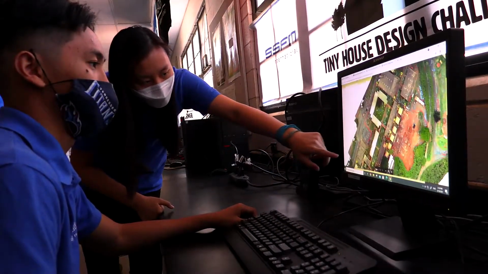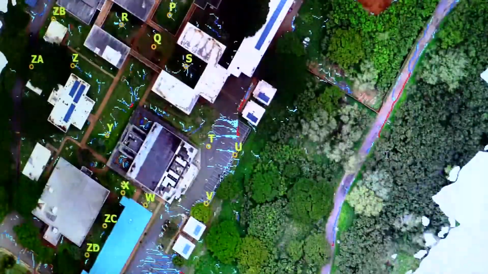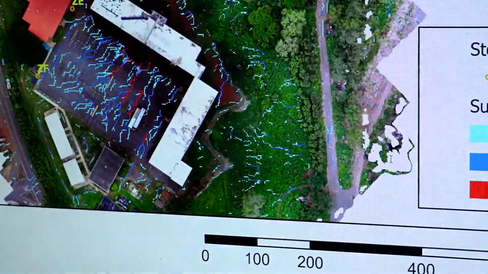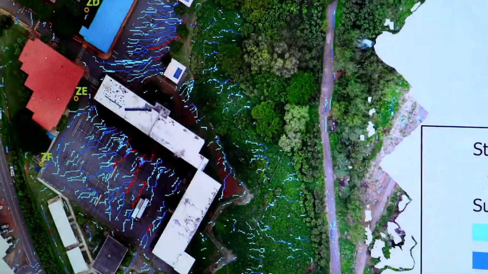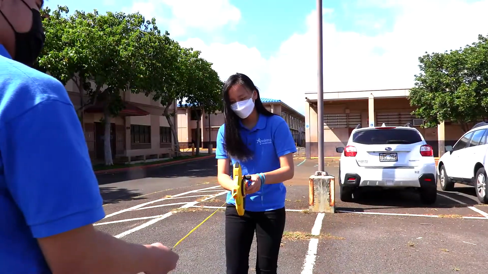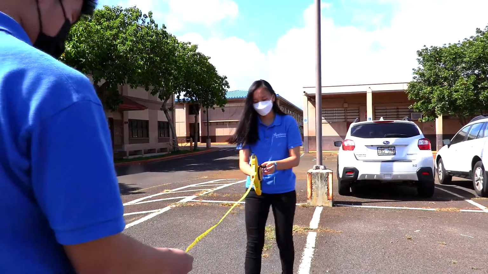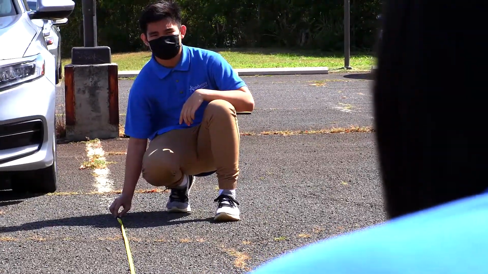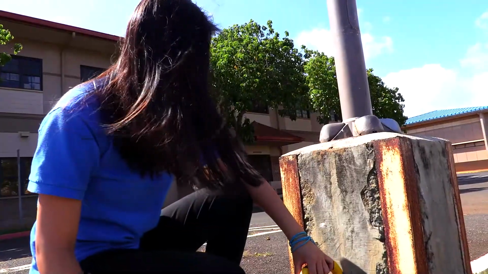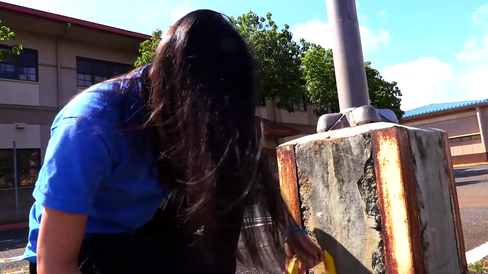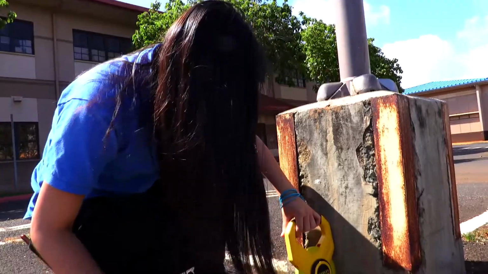After we gathered all our data, we also used ArcGIS and a drone map to plug in all our data afterwards. We made them do various tasks. One of them was measuring out the parking stalls, as we didn't have a plan of the school online, so we made one ourselves. So we needed a one-to-one scale,